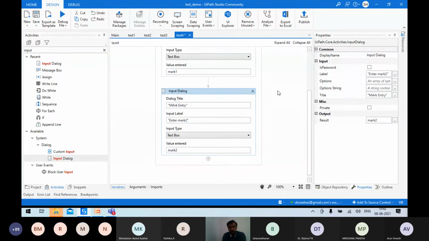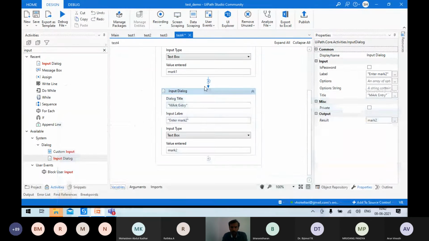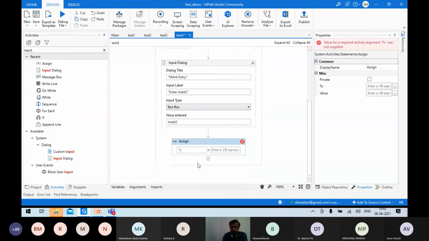After receiving these 2 marks, what is asked is that you have to find the total marks. See, that was the problem. Get 2 marks as input from the user, add it and display the result as total marks. So now 2 inputs are available with us. Now you have to add these things. For that, you will take an assign activity.